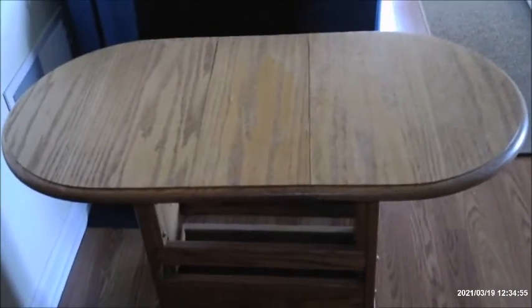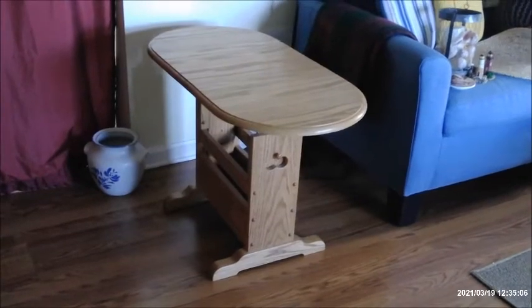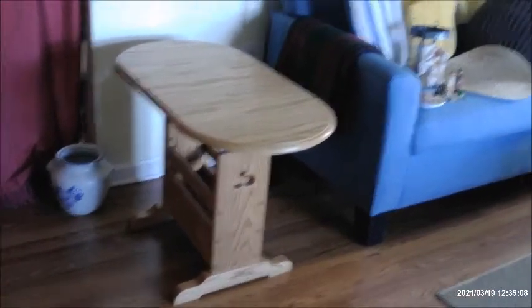That's the magazine rack. This one is oak. The one upstairs is maple. And it has two really wide drop leaves. Now, this table is not up as high as it could be. I'm going to pan back so you can see it in comparison to the sofa. So it's like end table size. However,